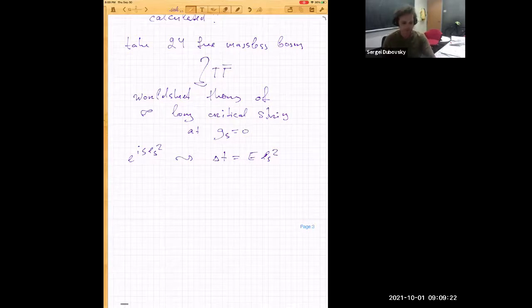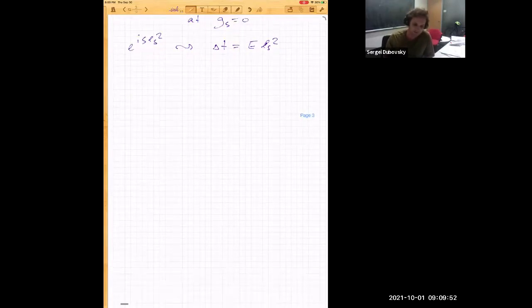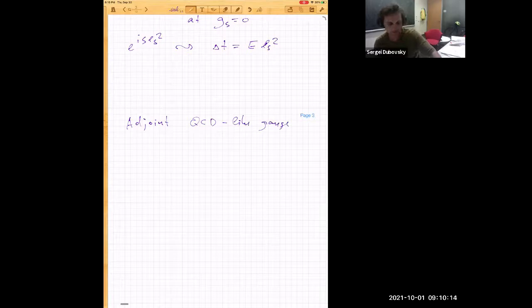But this example also suggests where else to look for more interesting theories of this kind. Namely, one needs to look at the worldsheet theories of more interesting, more complicated strings. For critical strings, the special property is that the theory on the worldsheet is integrable. However, we know there are theories which give rise to non-integrable worldsheet dynamics, and a large class of examples comes from thinking about the dynamics of adjoint QCD-like gauge theories. It can be pure Yang-Mills, or pure Yang-Mills with some set of adjoint